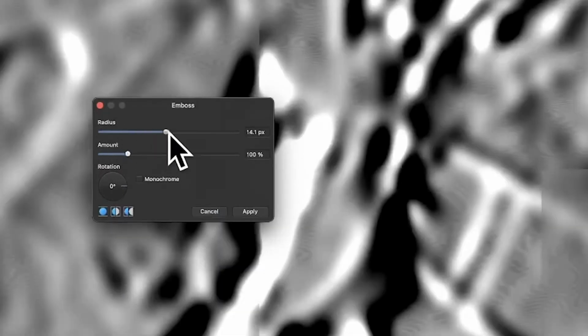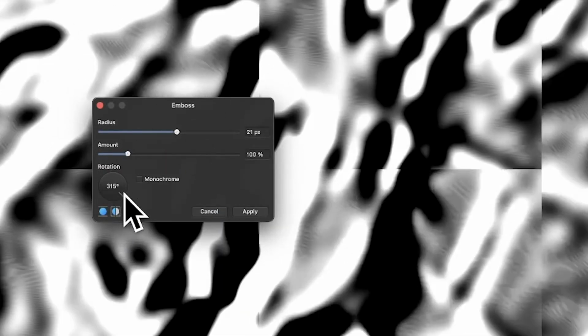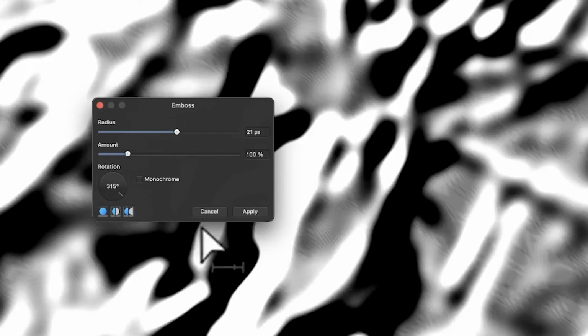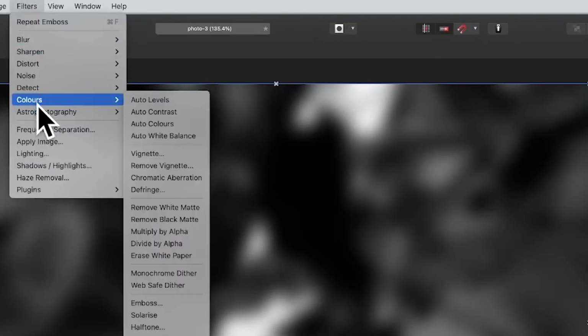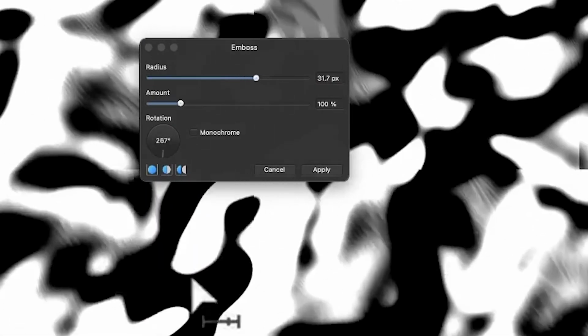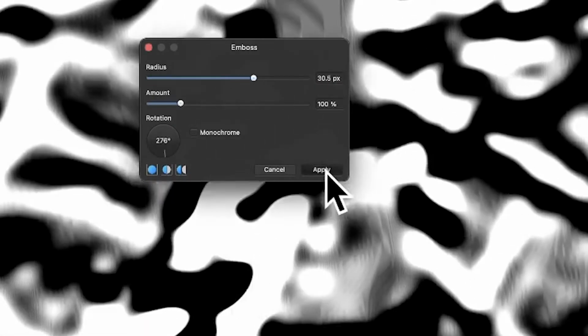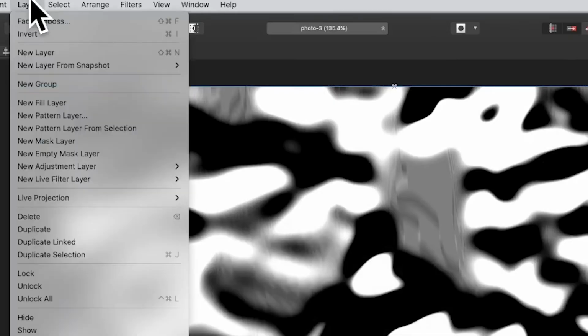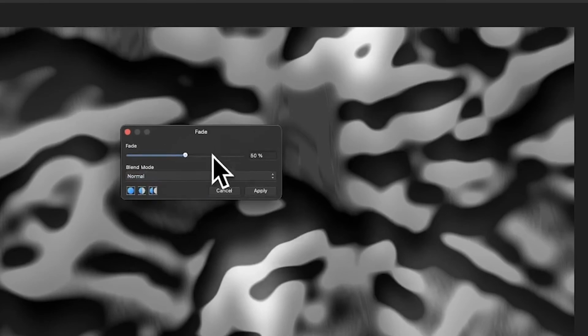Then go to the radius and you can change it there as well, and rotation, or just interactively modify it. Click Apply. Then go to Composite Blue, go to Filters, down to Colors, and again down to Emboss. Again, interactively you can change it, move it backwards and forwards, but you can also click Apply, go to Layer and Fade Emboss. Now that works just for the blue channel, so I'm just going to use that, and you